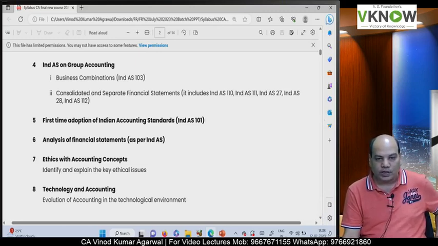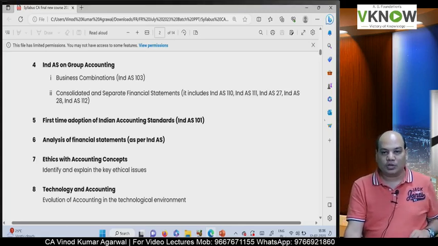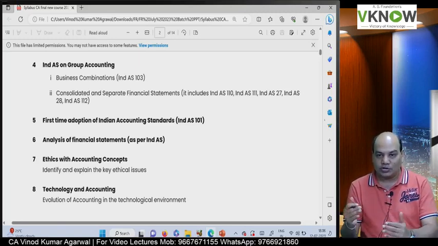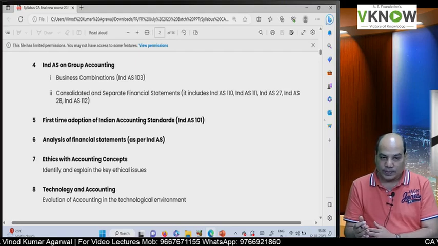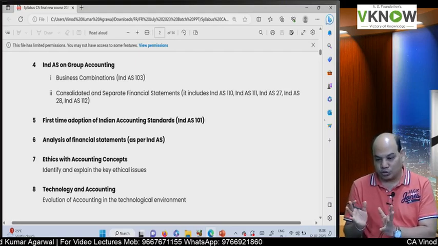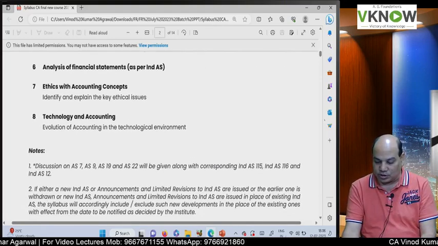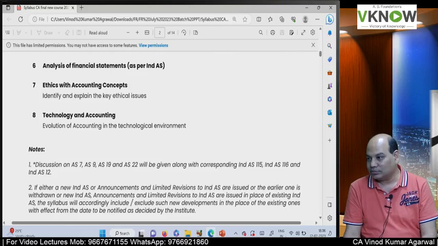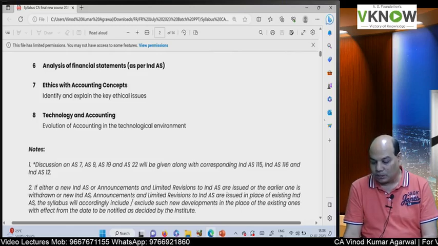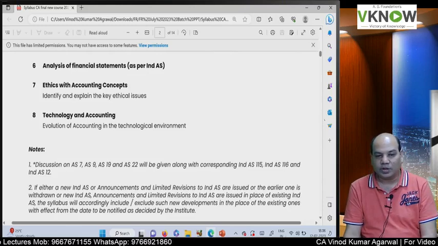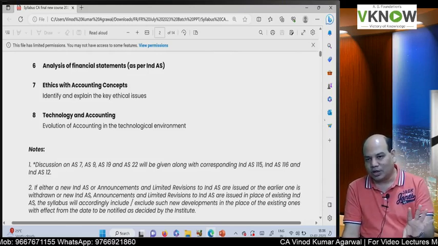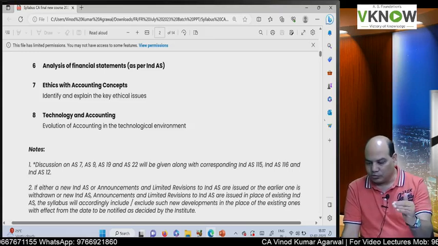112. So these 5 standards plus business combination together help you in understanding group accounting like merger, demerger, consolidation, associates, joint ventures. Okay, so we'll take all varieties of situations which are applicable to your syllabus. Then there is one topic which is never asked in the exam: applicability of financial statement as per Ind AS. So here they will basically be guiding you in applying Ind AS in practical scenarios, which we already cover